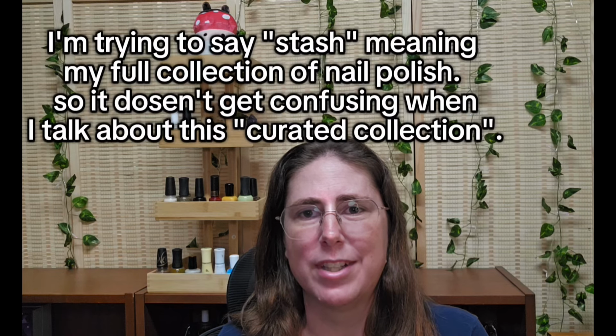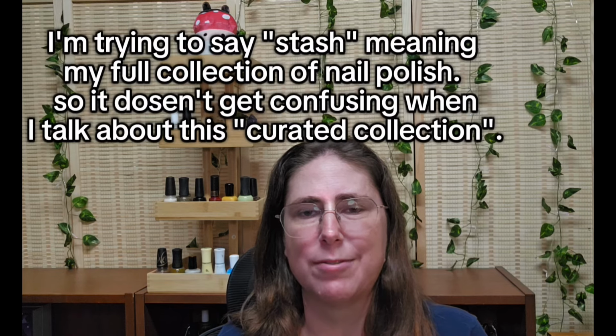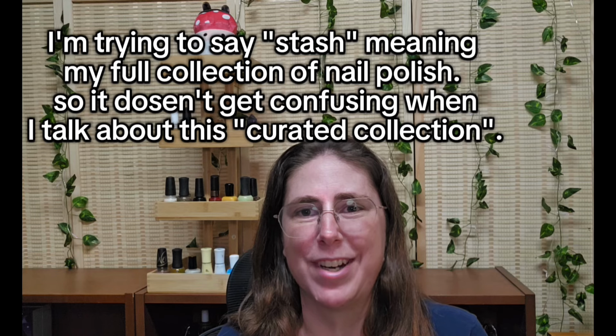And I really like doing things with my collection, with my stash that I already have. A lot of the nail polish, especially the collecting part of the hobby, just involves a lot of buying, and so I want to really enjoy the polishes that I already own, and this is just one more way for me to do that. So today the curated collection that I made is inspired by the animated series Samurai Jack,